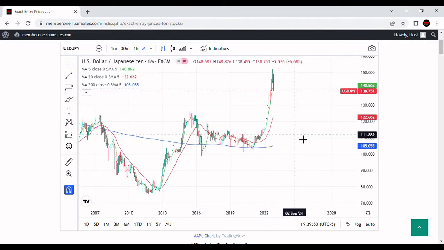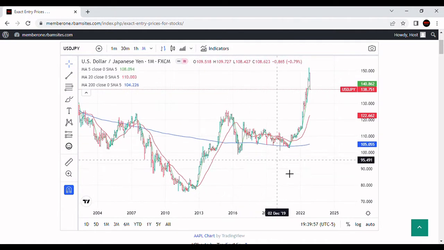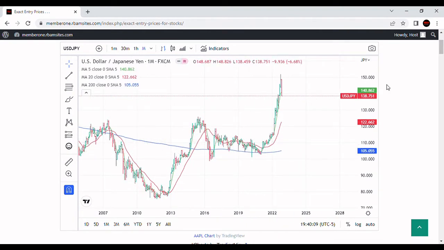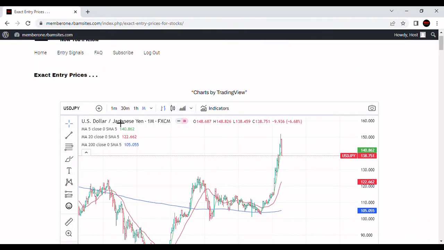So clearly, the U.S. dollar is not weak by any standards going back any reasonable period of time. Even just since January 2021, you could get a dollar for 103 yen. Today it costs you 138 yen. So there's just absolutely no question that the dollar is not weak against the three major currencies.